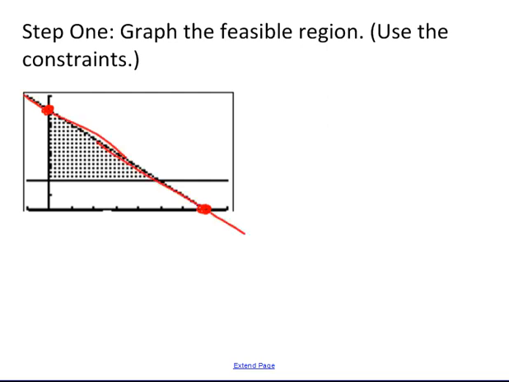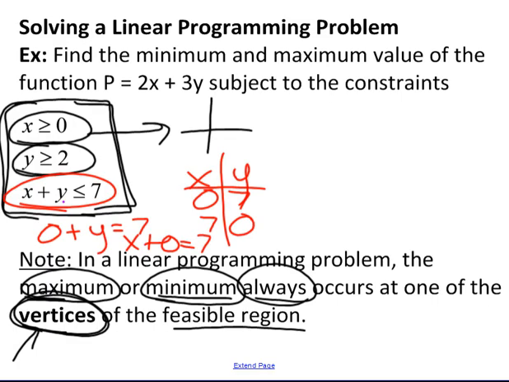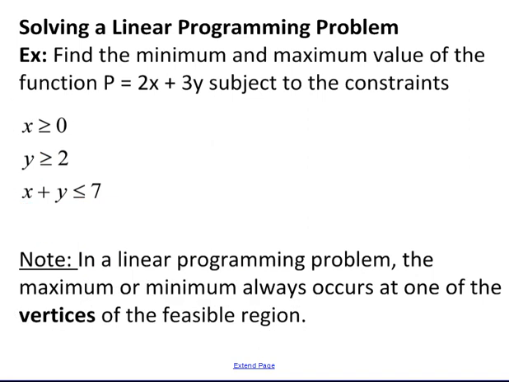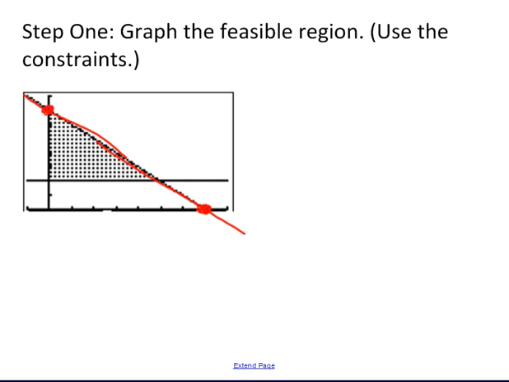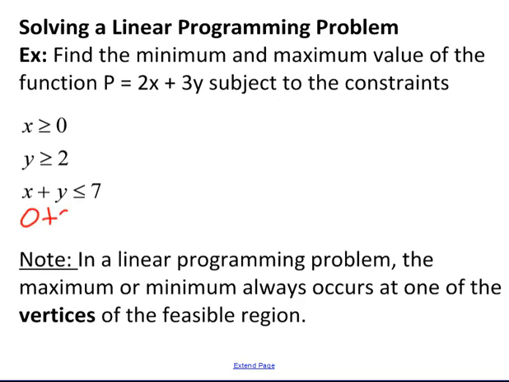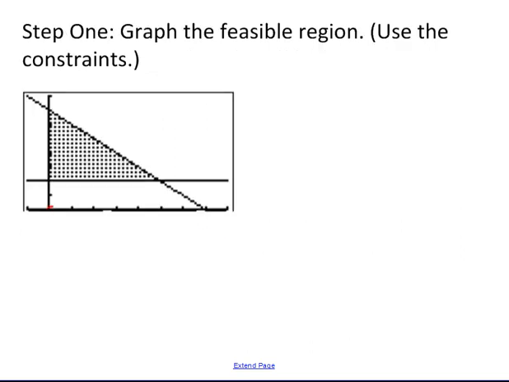Now, one advantage with linear programming is that the inequalities are always going to be less than or equal to or greater than or equal to. We don't have to worry about the dotted line for less than or greater than. They're always going to be solid lines, so that's helpful. One advantage. There are lots of disadvantages, but one advantage. So when you do your test point and you plug in (0, 0), 0 is less than 7, that's true. So you shade in the direction of the point (0, 0). So you end up with this